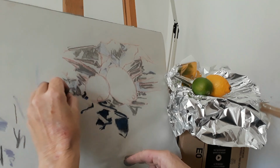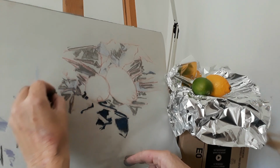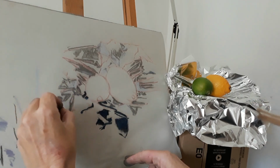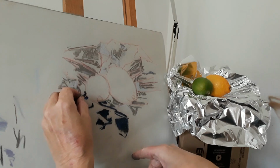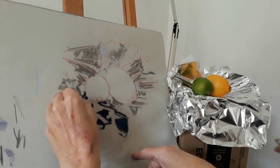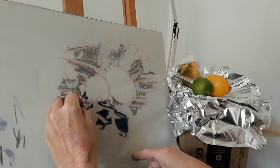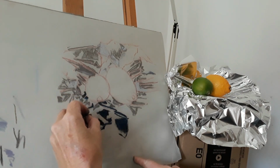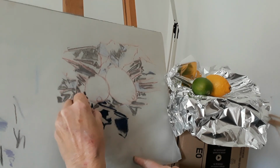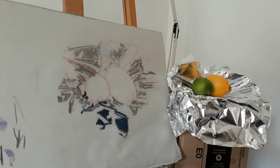And I'm still squinting because that helps me to eliminate detail and just see the basic shapes. Lots of reflected green within this area, which I really like. So I'll combine the grey, sort of a warm brown grey, with the green. I need my black. So I very often will end up with a handful of